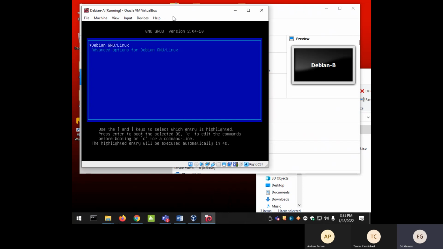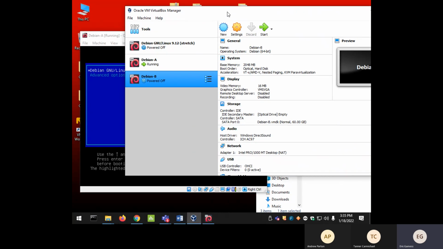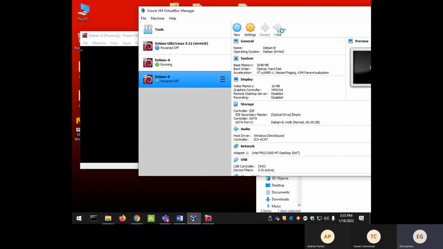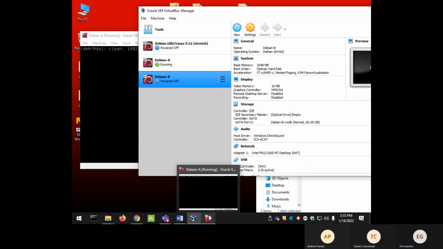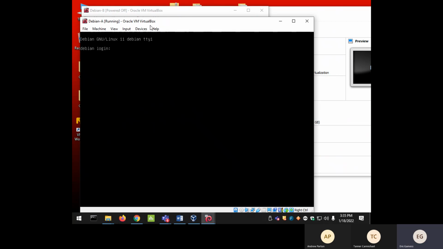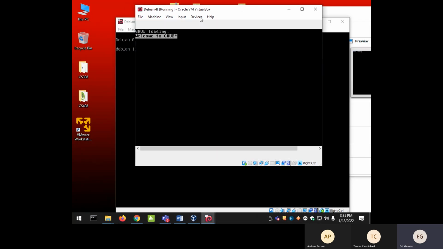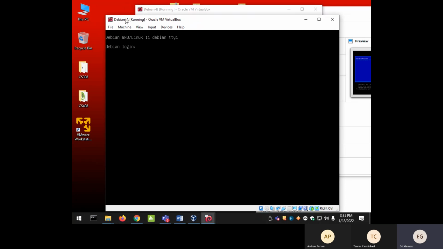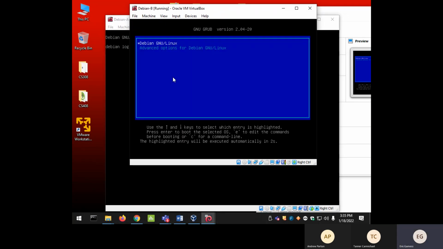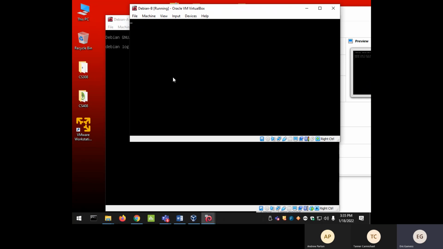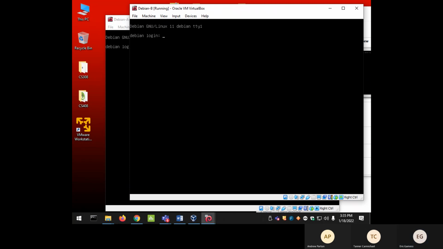So this is Debian A, it is starting. And let me start Debian B. So Debian A is already starting the daemons. And I just start Debian B. So we have Debian A here that already finished starting. And here we have Debian B that is going to go through the process of starting the different daemons. So in Debian B, let me enter as Eric,